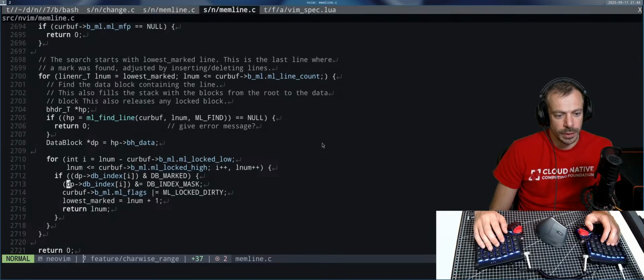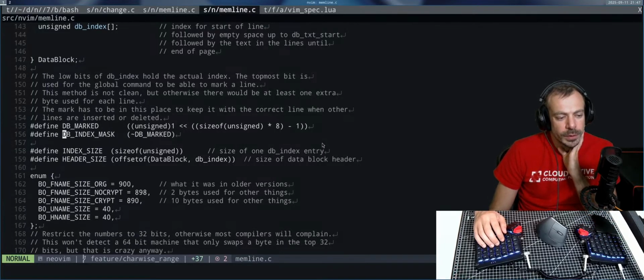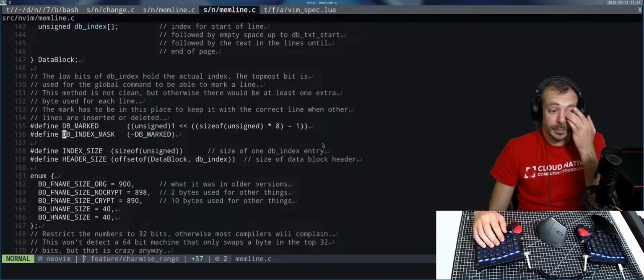Just looking if we somehow update here index mask. If we update here that we already read the line with this mark,